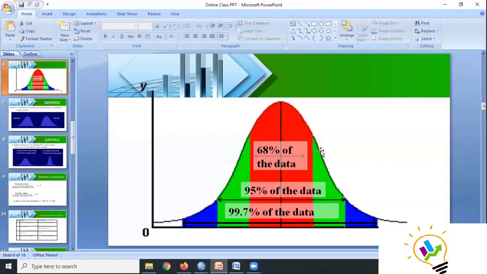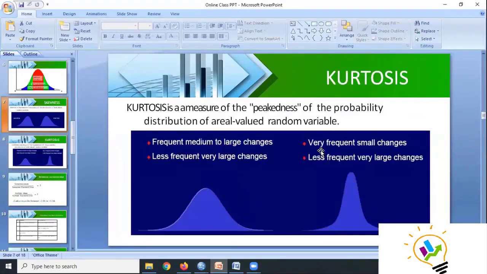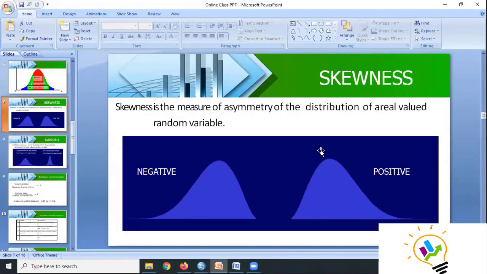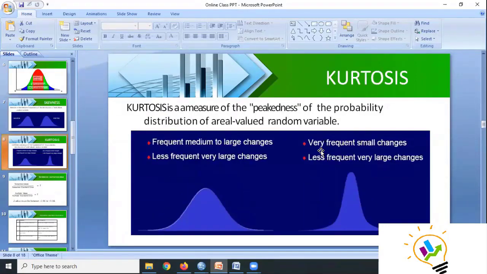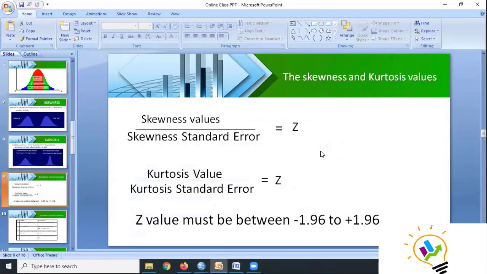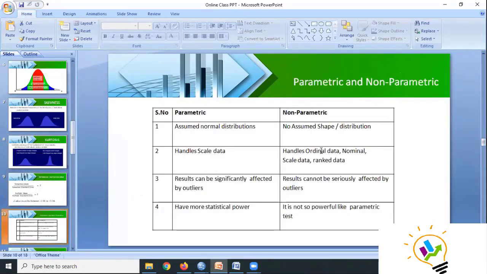So this is what I'm saying in normal distribution. This shows skewness, right skewed and left skewed, and kurtosis, the height of the peak. Time is very less, so we are not going to discuss much about this. Directly we'll discuss parametric and non-parametric. Can I go ahead, madam? Any doubt you can have, you can ask at this moment.